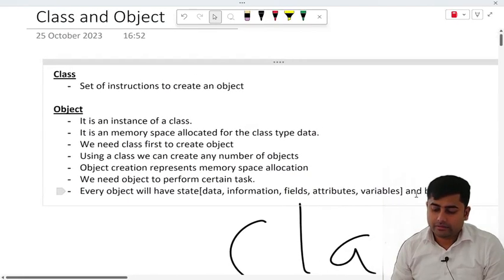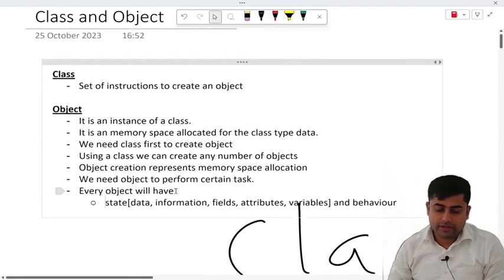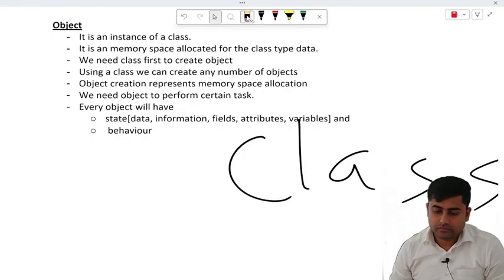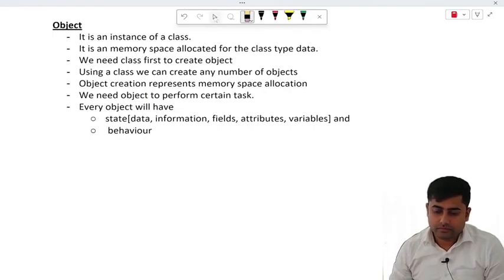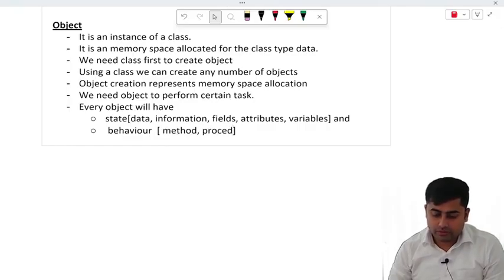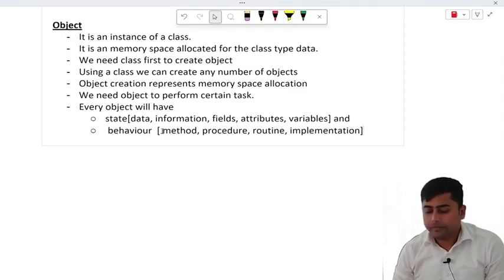And behavior को आप बहुत सारे नाम से, मेथड बोल सकते हो, रूटीन बोल सकते हो, इम्प्लीमेंटेशन, बहुत सारे नाम से, ठीक।